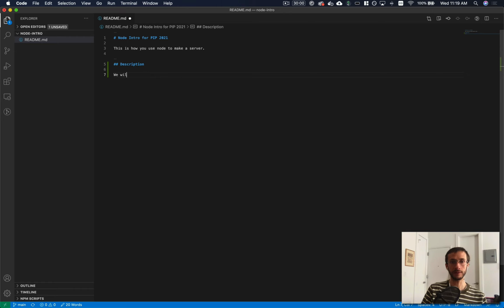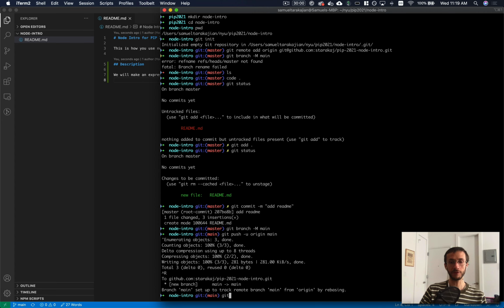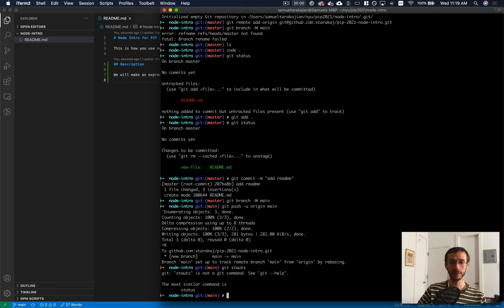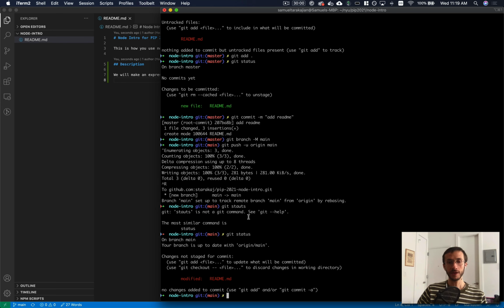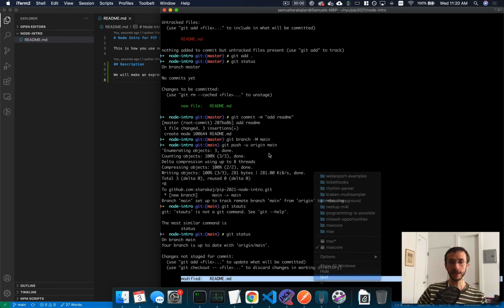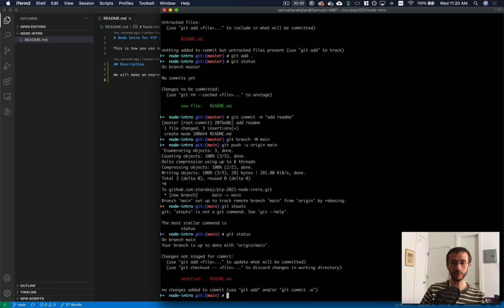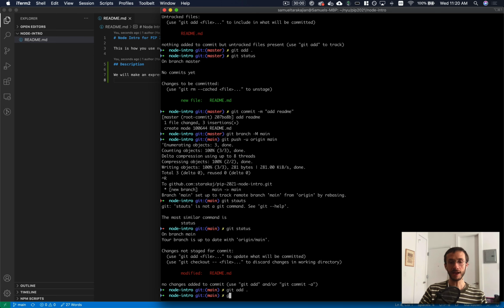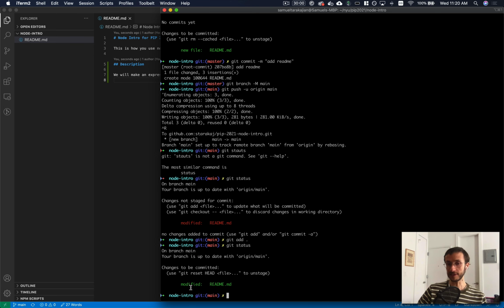We will make an Express server, and that's fun. So save this, and if I run git status again, you'll see that Git sees that we've modified this README file. So I can do git add dot, and if I do git status, now I've staged the README file, and I can do git commit -m